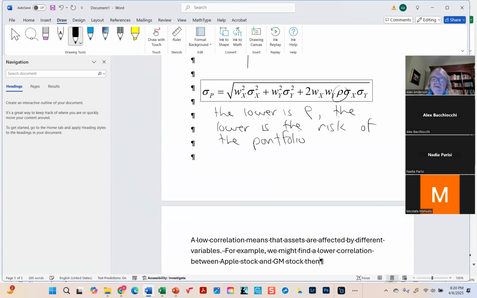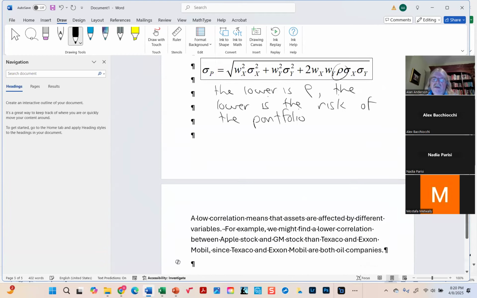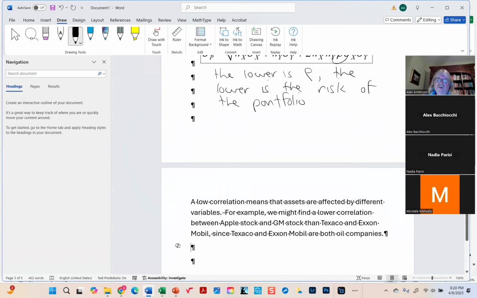Then let's say Texaco and ExxonMobil. Since Texaco and ExxonMobil, of course, are both oil companies. So ideally, when choosing assets for a portfolio, by the way, when it comes to currencies, we would expect a high correlation between, let's say,